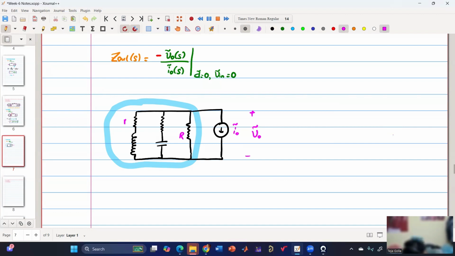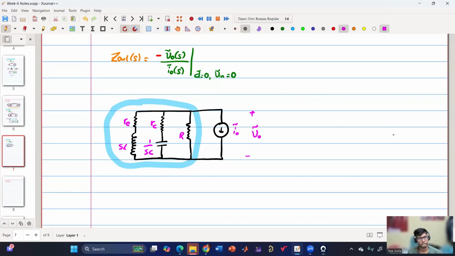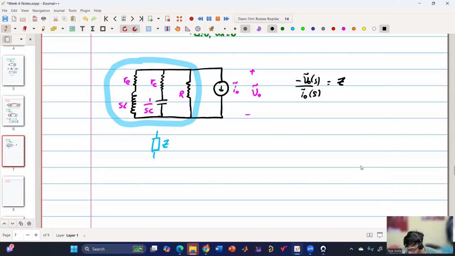So we have RE, SL, RC, 1 by SC. So this is the final modified circuit, right? Yes. So now the effective impedance, if I call it Z, I can write as V naught tilde by I naught tilde of S, which is nothing but the effective impedance Z. So now if we write the expression of Z, which is basically Z out of S,